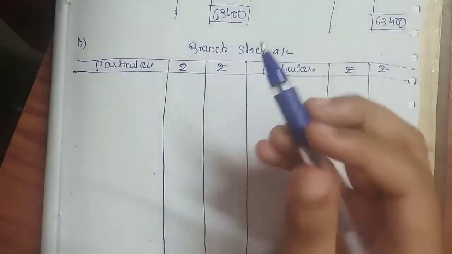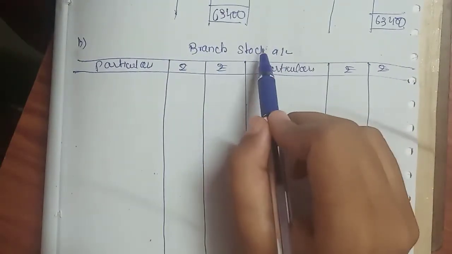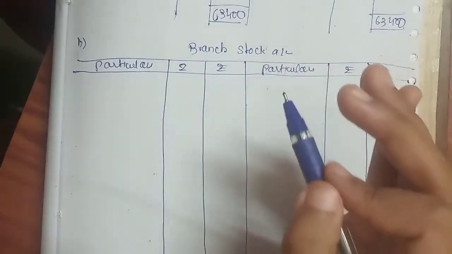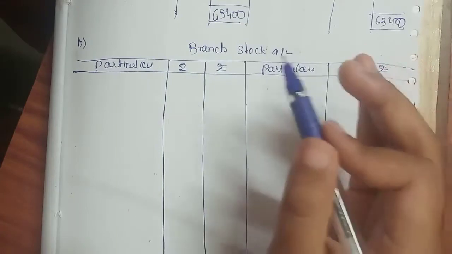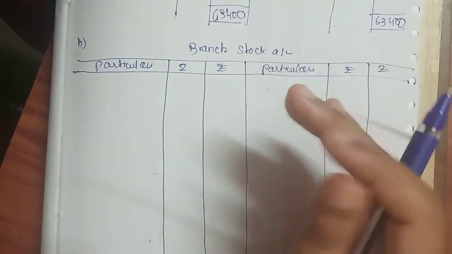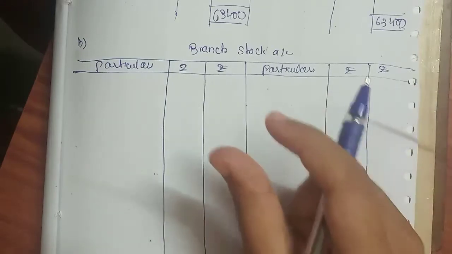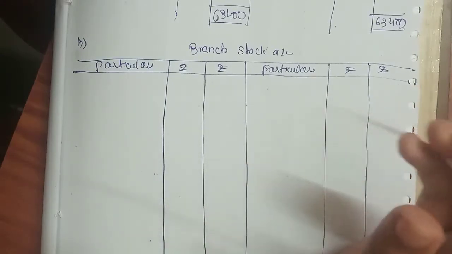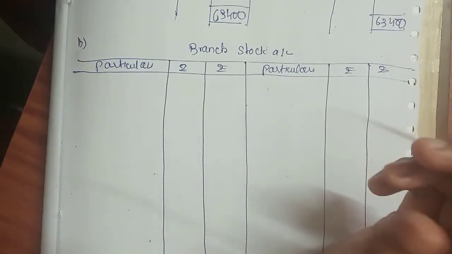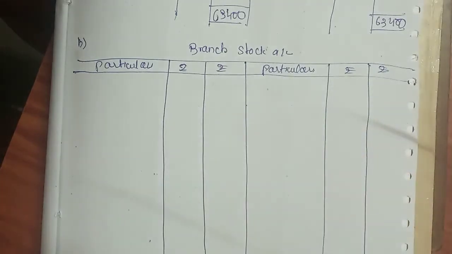What is the difference between that method and this method is, here they are asking about stock. You need to mention only the items which are related to your manufacturing or production department. Like only stock you need to mention, other than stock you need not mention anything. That's why we are maintaining each and every account separately, for data, for profit and loss, for expenses we are maintaining a separate account. So here you need to record only the stock items.